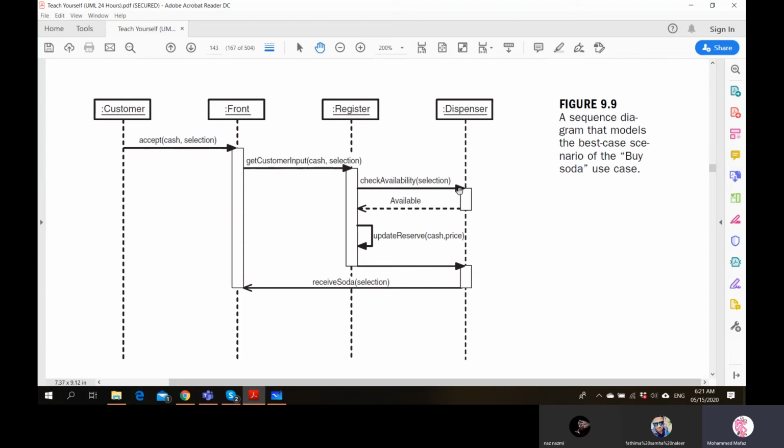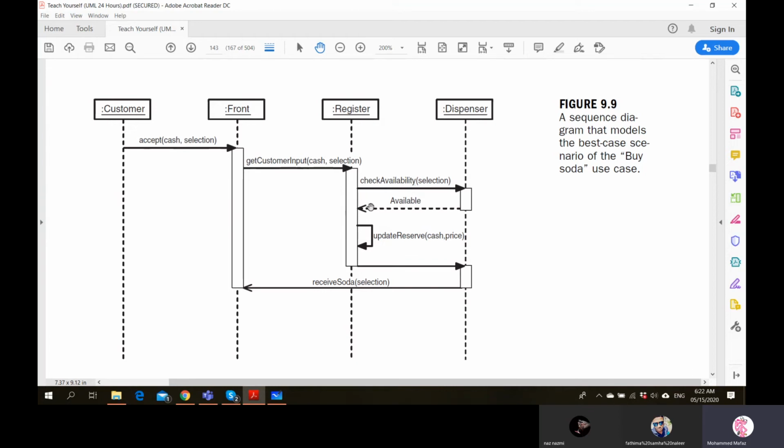And since this is a success scenario, it is sending a message that the selection made, say soda, let's say it's Coca-Cola, Pepsi, Mirinda, whatever he has selected, let's say he's selected Mirinda. So dispenser says that is available, sends a message back to register. So the corresponding activation for this one is complete.